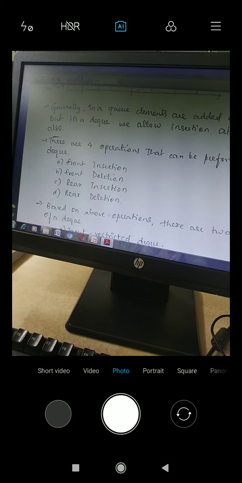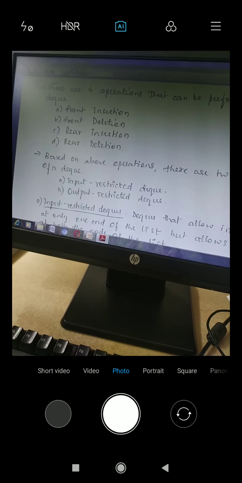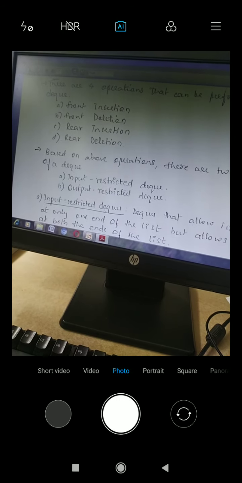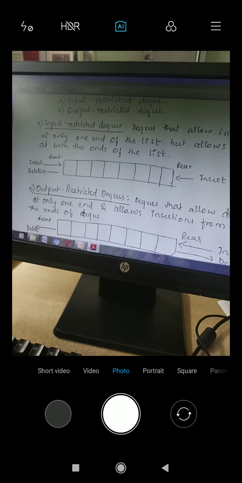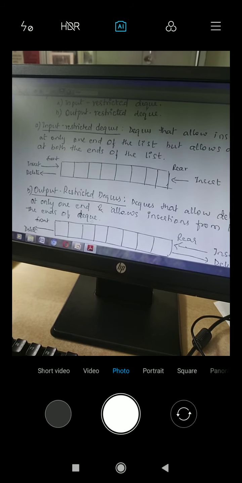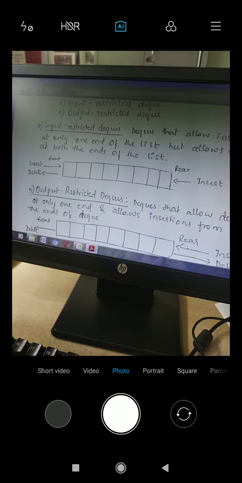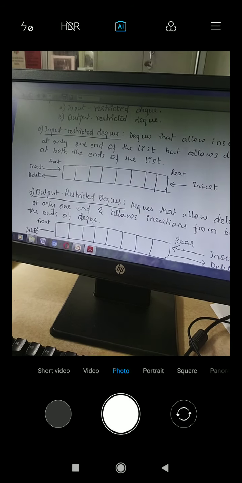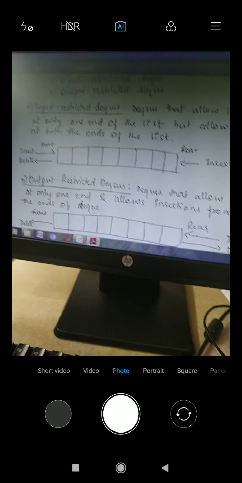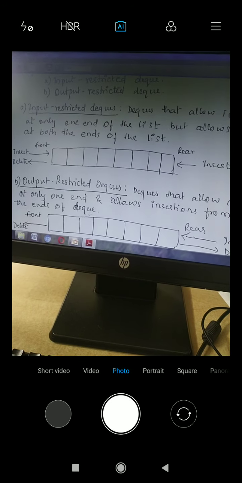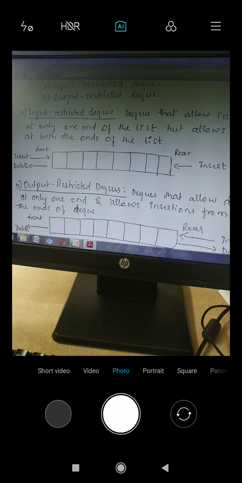Again you have 4 operations: front insertion, front deletion, rear insertion and rear deletion, and 2 more: input restricted queue and output restricted queue. An input restricted queue is one where you can have deletion at both ends, but insertion at only one end.